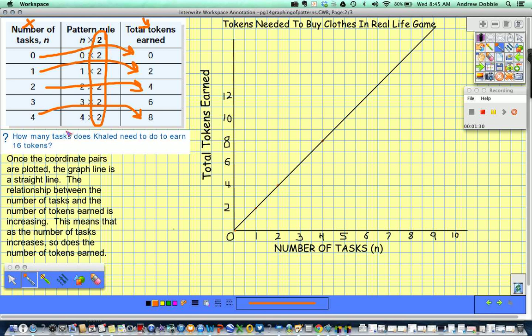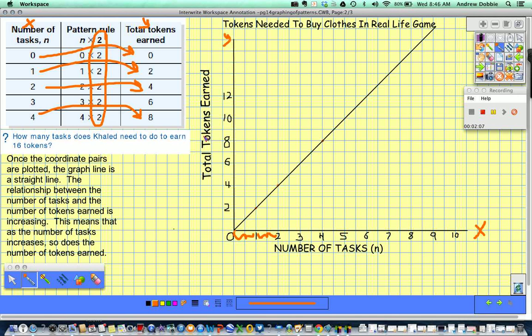So it makes it relatively simple when plotting along your x-axis, and your x-axis is always horizontal. Another important thing as you plot, you need to make sure that the space between your plotted points is exactly the same every time. Because if the space is different, that will affect the relationship line between total tokens earned and your number of tasks. So you'll notice here across the x-axis, I've skipped one line for each number. So I'm following the same pattern for plotting the points. Up the y-axis,